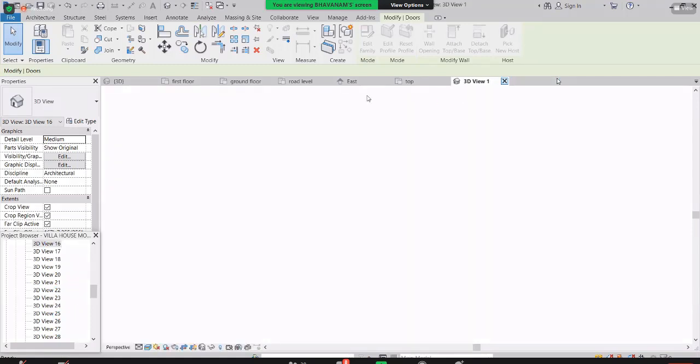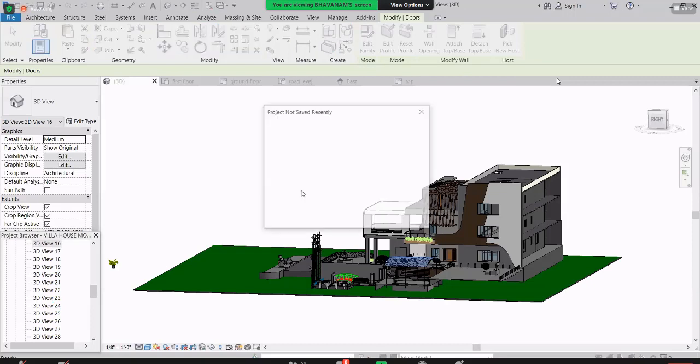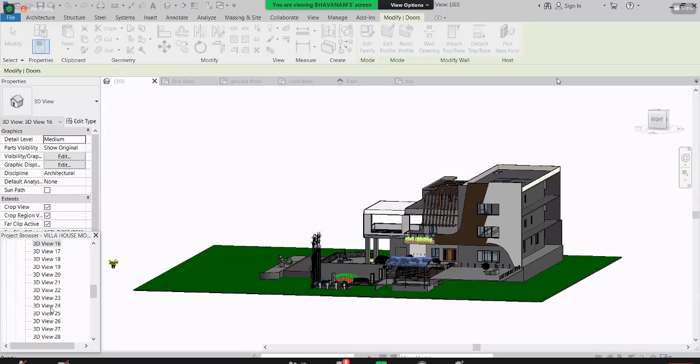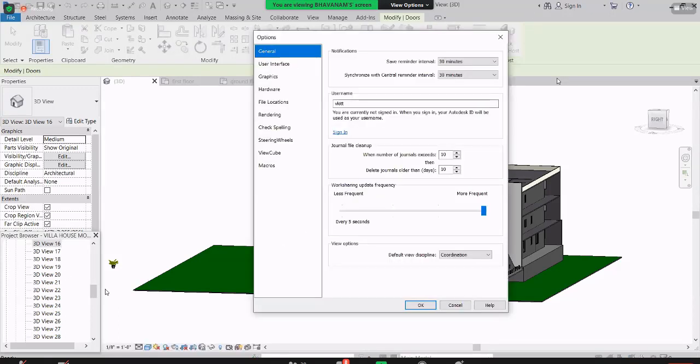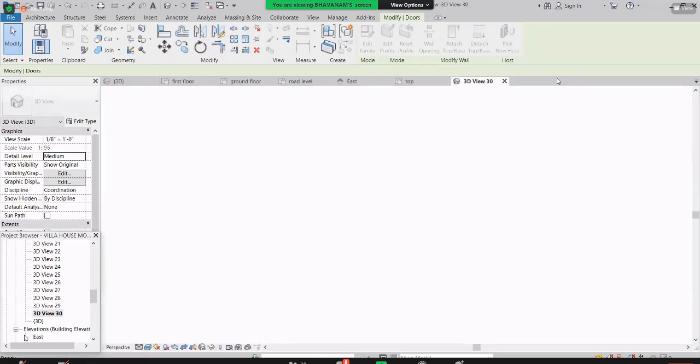Whatever you open here, those will all stay here. Yeah, just go to the third last one. You can see the 3D view 30. Let's see how it will look.